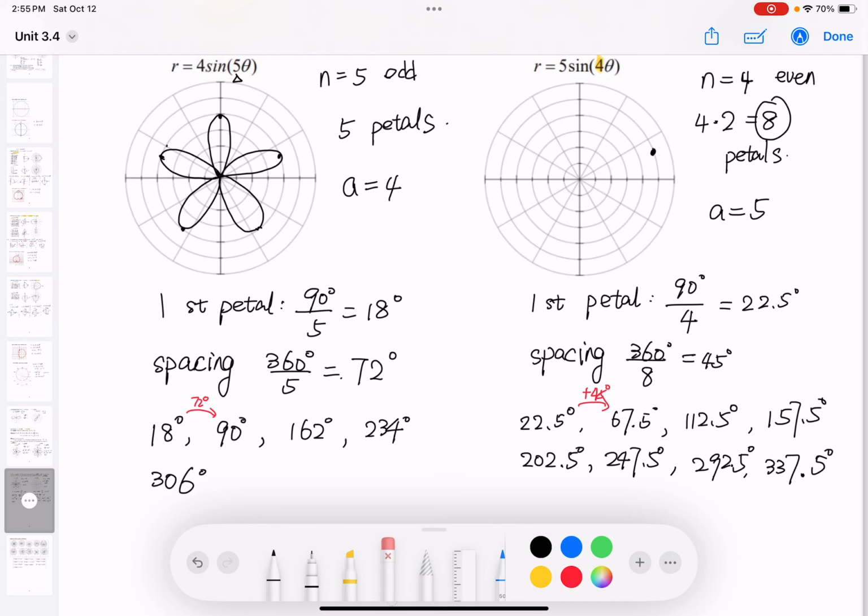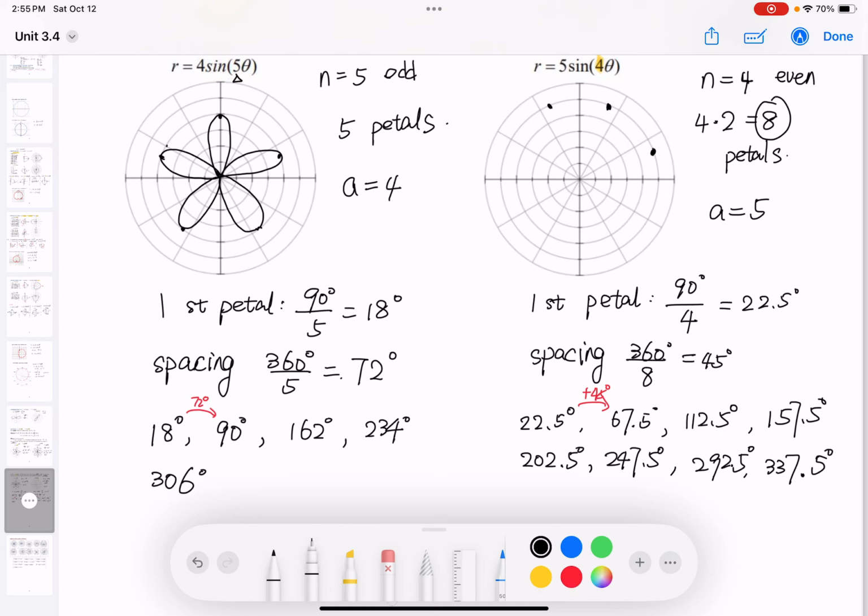And the second point is 67.5. Where is 67.5? It is about here, so it's more than 60. The third point is 112.5. This is 120, so it's less than that. It's here. And the fourth point is